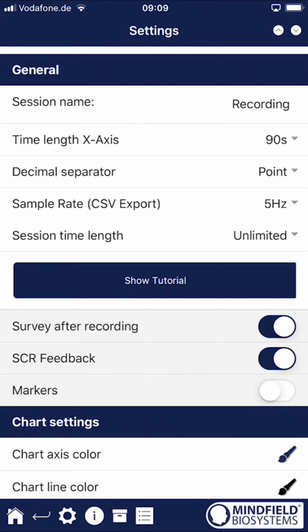We suggest exporting your data on a regular basis to have a backup of it, not only inside the app. But yes, this is important for us, and we also wanted to say that you have complete access to the raw data. There is no black box algorithm and no filtering, and so you have the raw data from all the